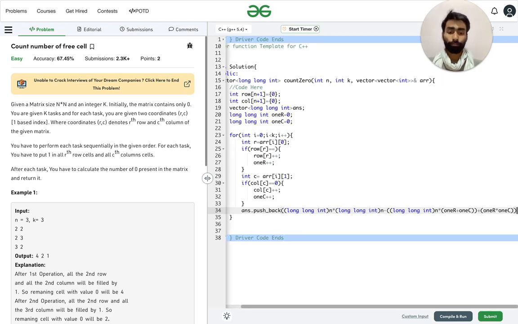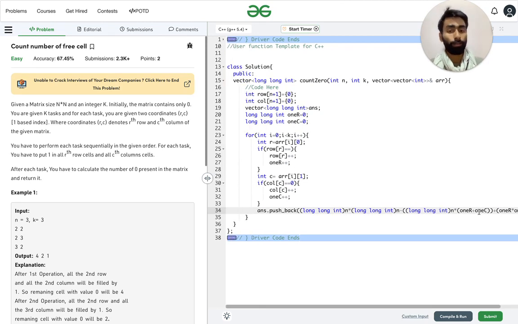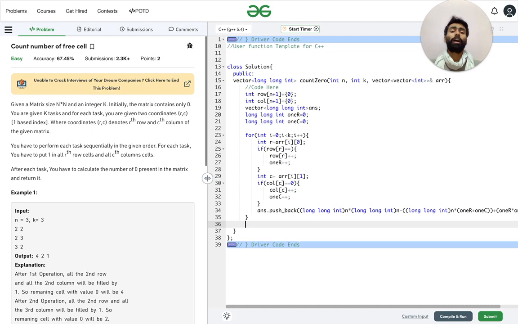From this we will obtain the number of zeros left in the matrix.